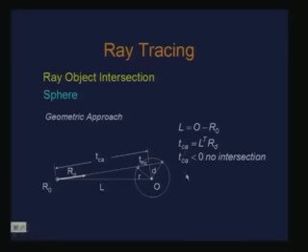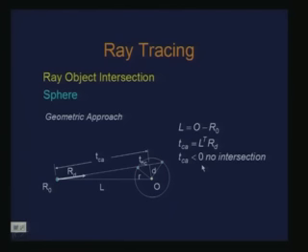Now, there are also cases where I can eliminate further computation. If I know that t_ca is less than 0, that is nothing but saying that t's are positive, then there is no intersection. It is on the other side of the ray. So, I can compute t_ca. Now, let us look at the other thing.